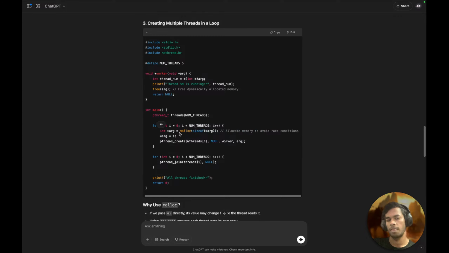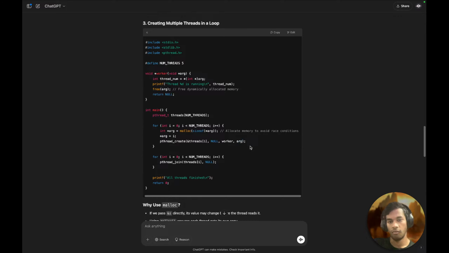So I'm storing a memory address in argv, and at that address I put i, and then I do create thread, whose address I'm giving the address for the ith thread, null, worker is this, which does something, and